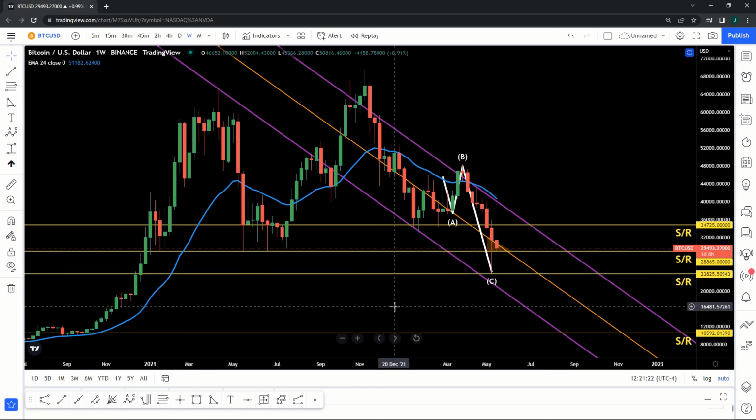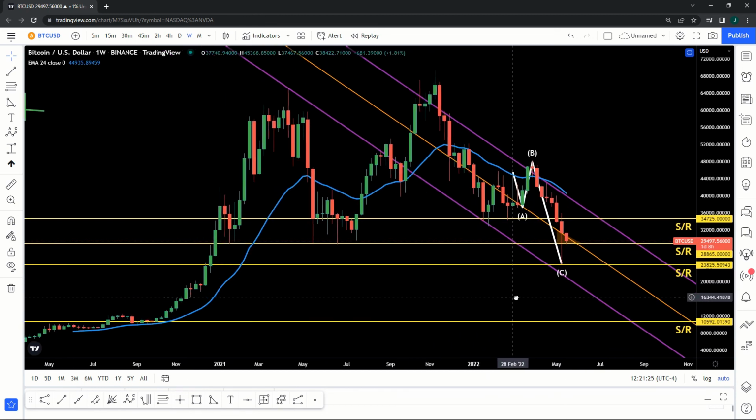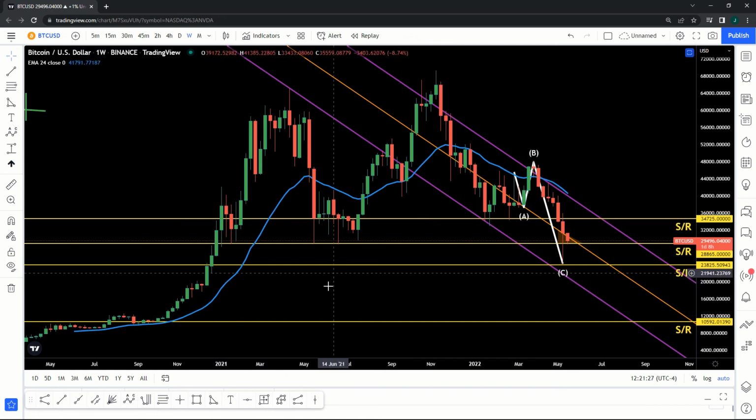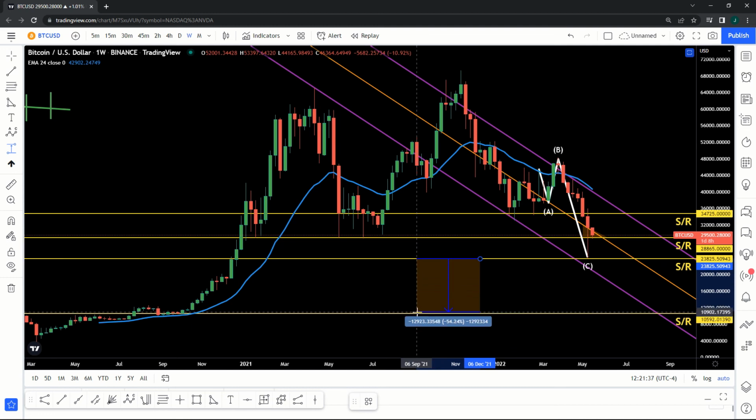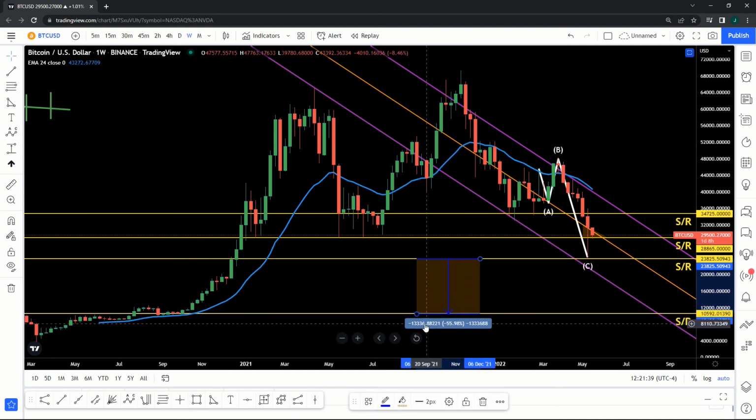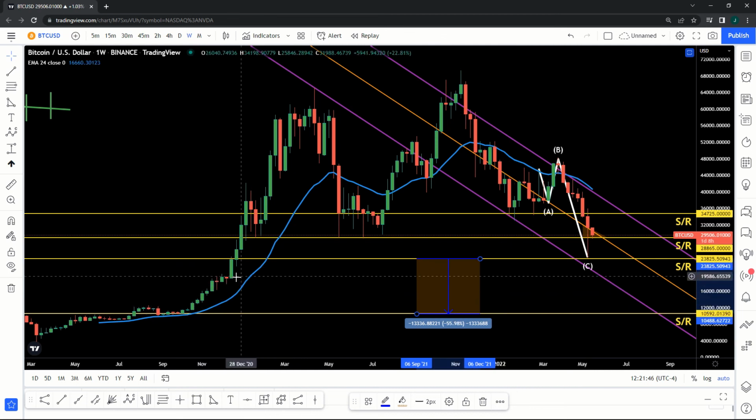Otherwise, there's a lot of real estate over here, right? Before price comes back down to $10,500. So that is, if 23,000 fails, then that's a 13,300 move towards the downside, because there's really no support